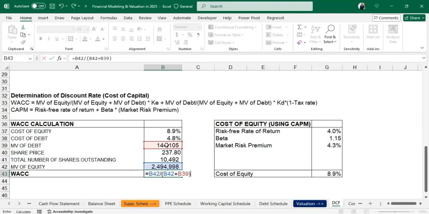I'll close my parentheses and multiply this by the cost of equity, which is 8. And I'll add